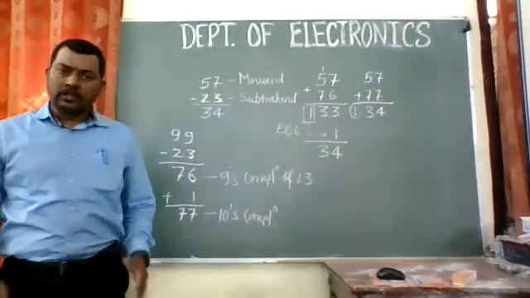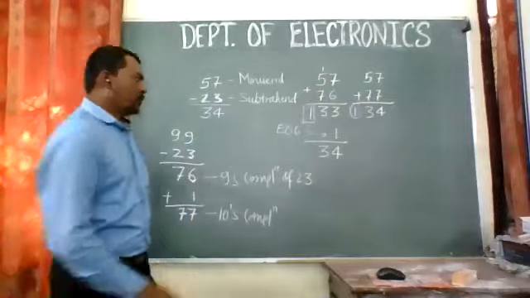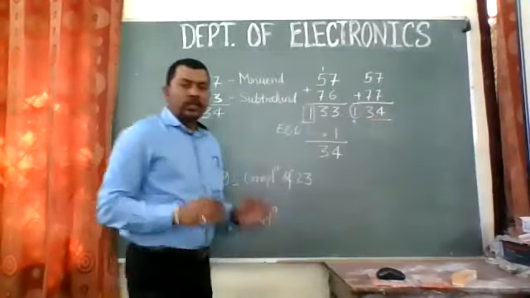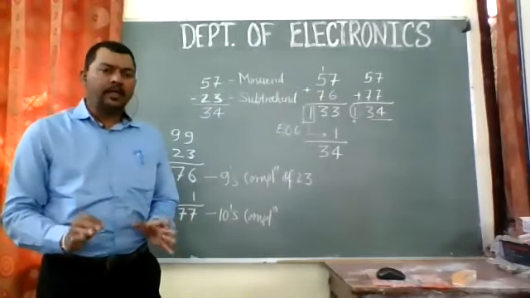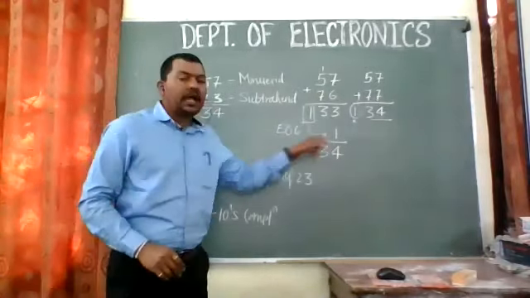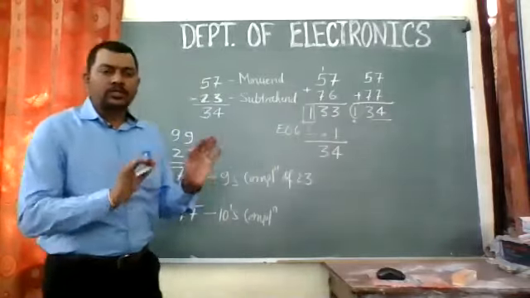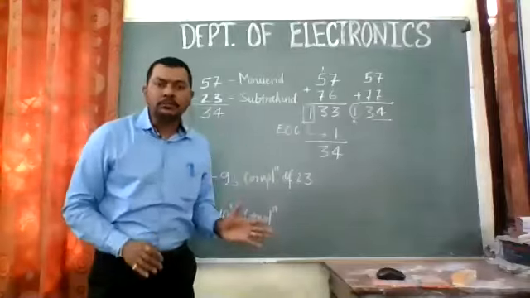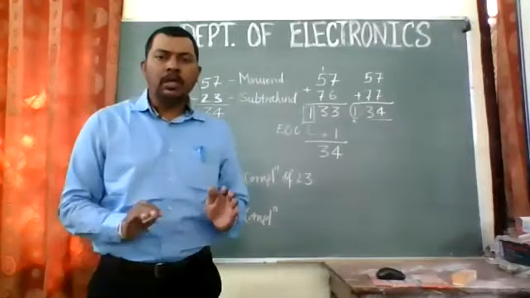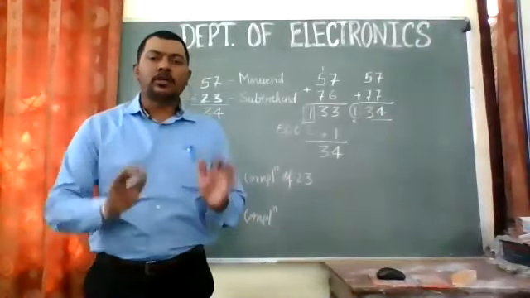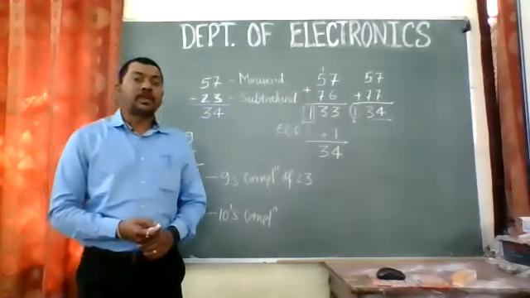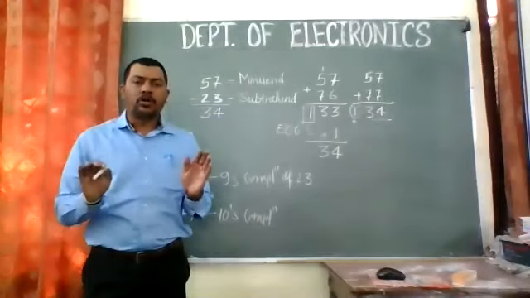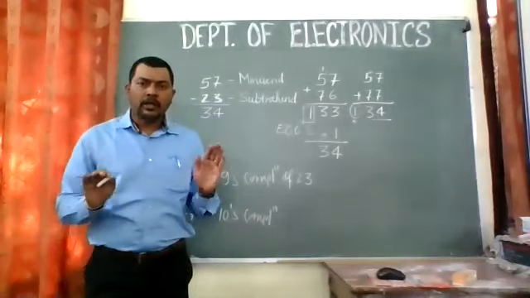134. Here also a carry is generated, so we have to neglect this carry. So the result is 34. So in tens complement we neglect the carry, and in nines complement we add the carry to the result. This is how we can subtract by using an addition method. This method in the decimal number system is called the nines and tens complement method of subtraction.